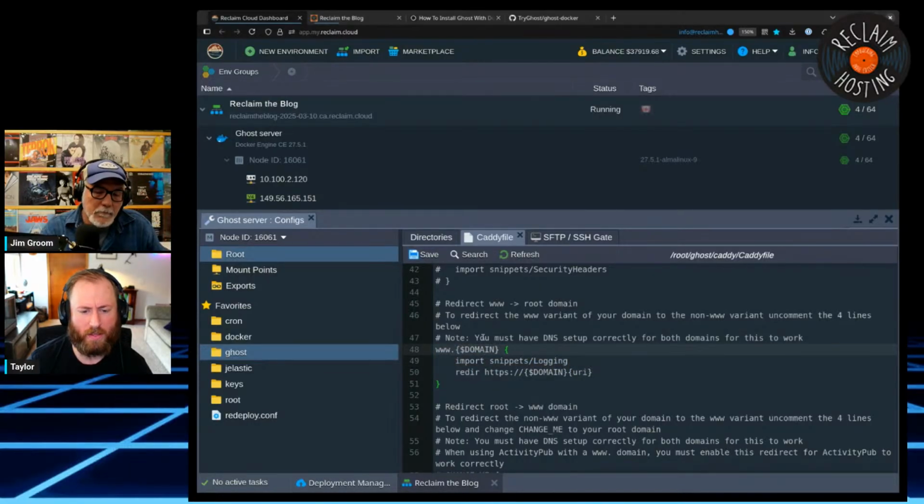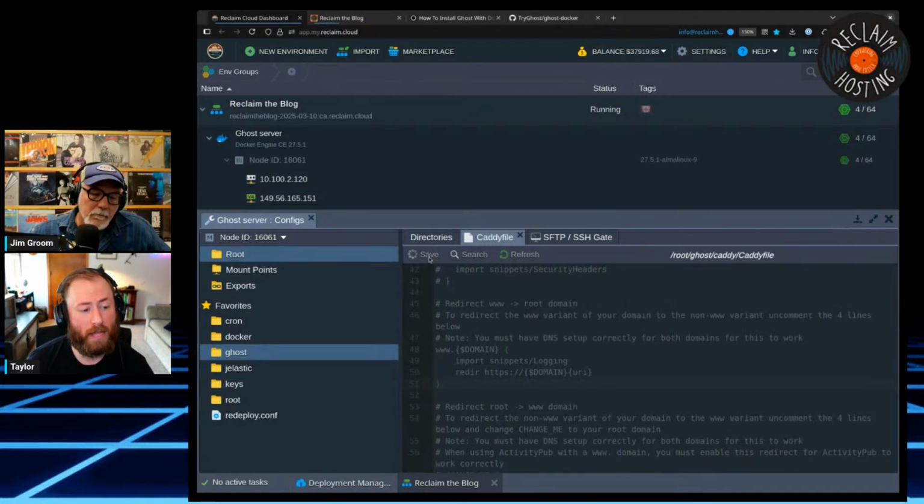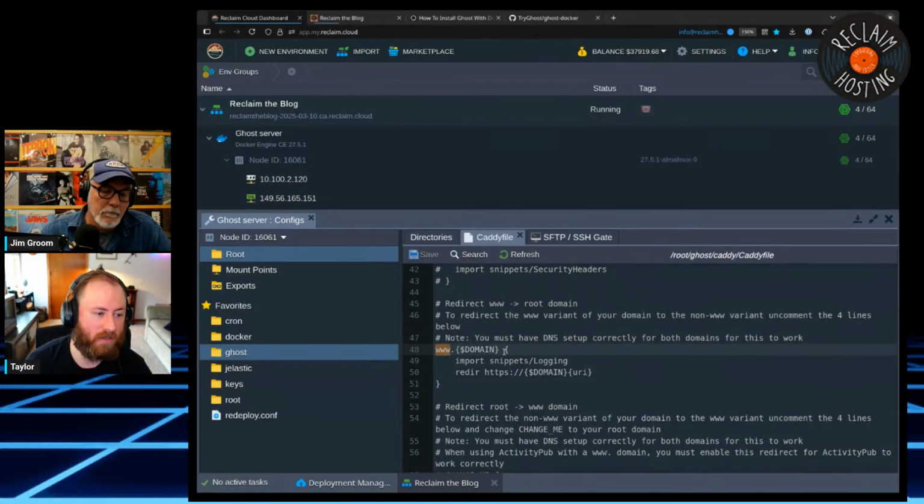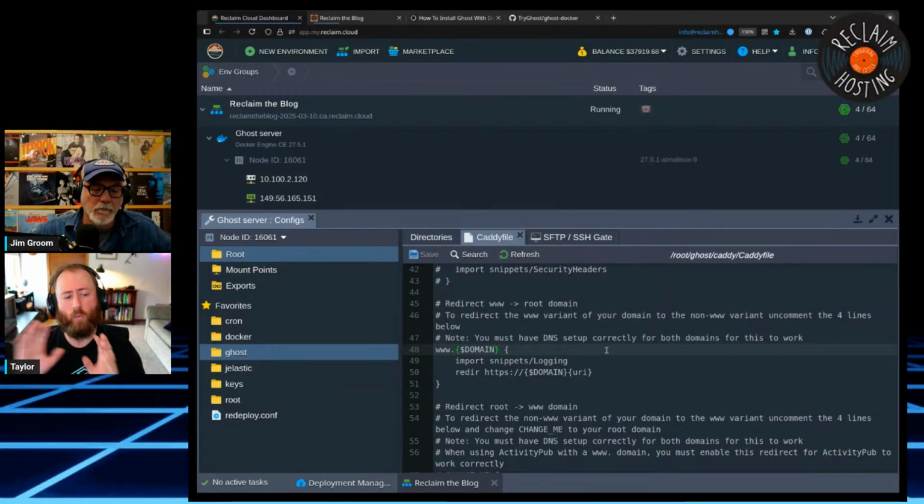The reason this wouldn't be uncommented by default is that if you tell this to do this and you don't have DNS pointed for it, Caddy is going to try to get a certificate and then fail. And that's no good. You don't want to be requesting a certificate over and over again for something that you don't have. You can get rate limited by Let's Encrypt. But anyway, we do have that set up.